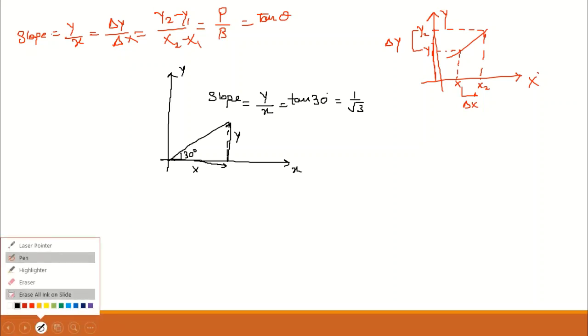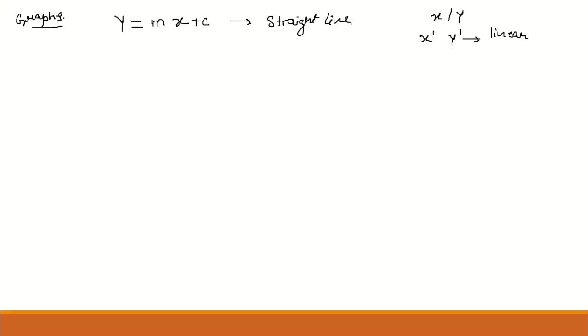Now let's come to the graphs. How many types of graphs or possibilities can be possible? Why do we require graphs? Now graphs are the relation between two variables. The standard equation y equals mx plus c is the equation of a straight line. The relation between x and y can be in various methods. If x and y both have power 1, then the relation is said to be linear. The graph drawn will be a straight line. We will discuss further what will happen if I change the power.